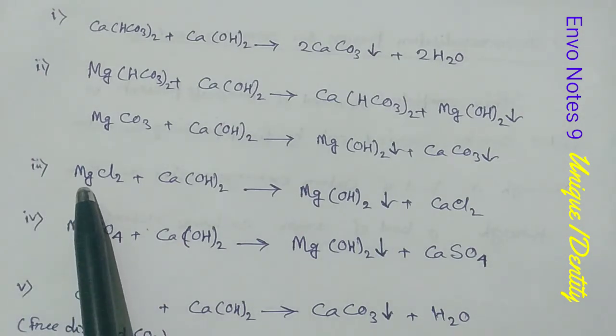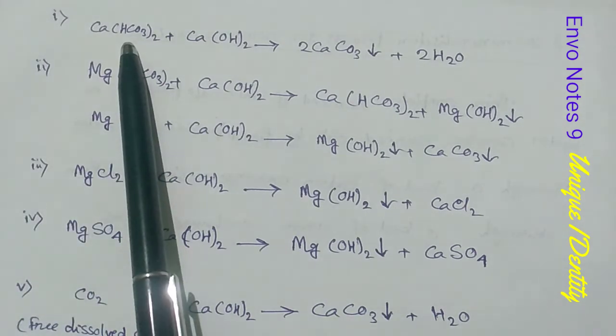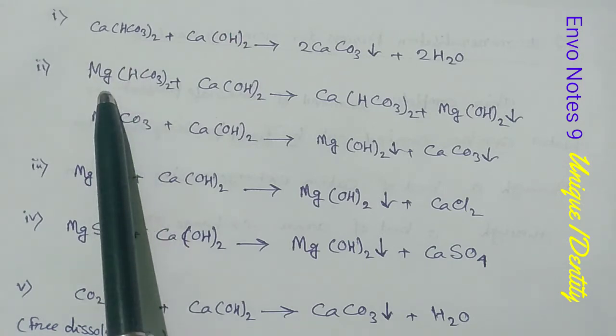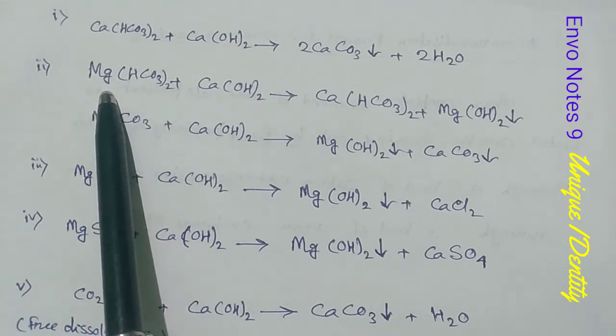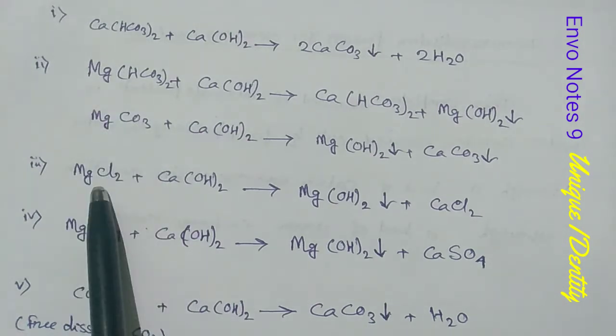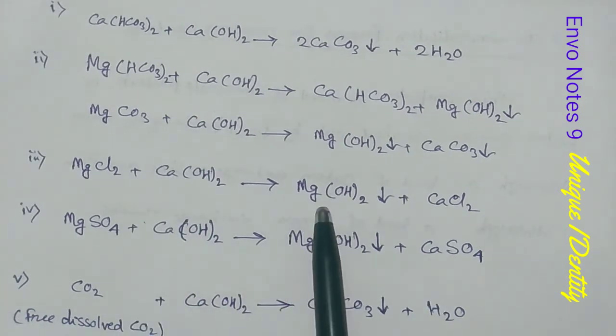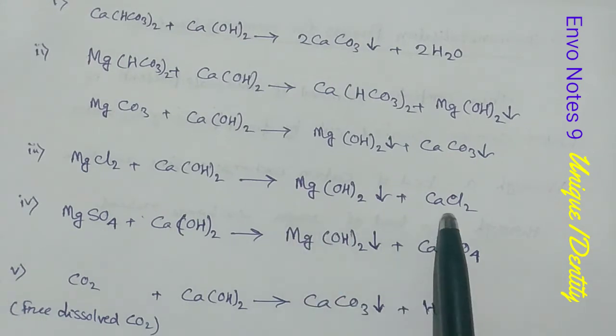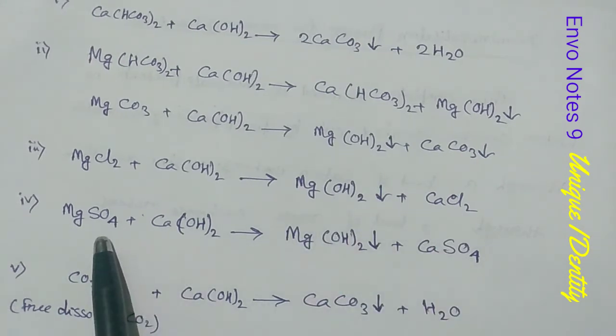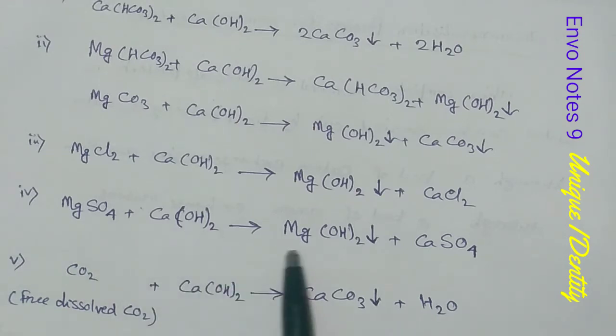Next is magnesium chloride, that means non-carbonate hardness of magnesium. So first is carbonate hardness of calcium, next is carbonate hardness of magnesium, these two, and now non-carbonate hardness of magnesium. MgCl2 plus calcium hydroxide, that means lime, gives us the precipitation of magnesium hydroxide plus CaCl2. Magnesium sulfate, again non-carbonate hardness of magnesium, that means permanent hardness, plus lime gives us the precipitation of magnesium hydroxide